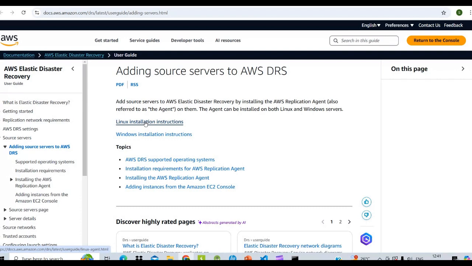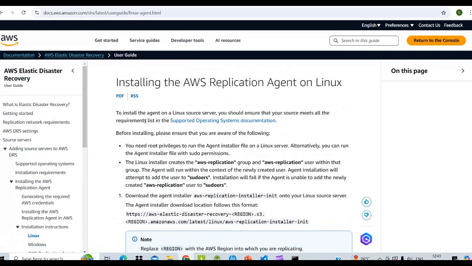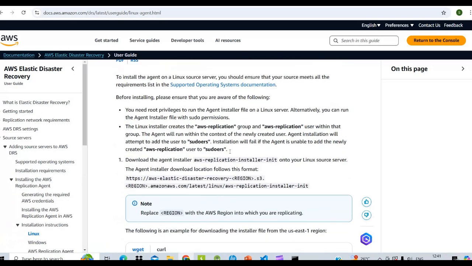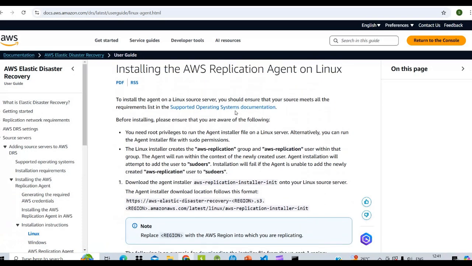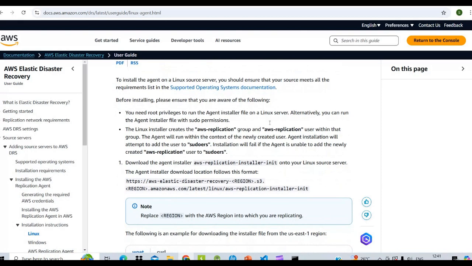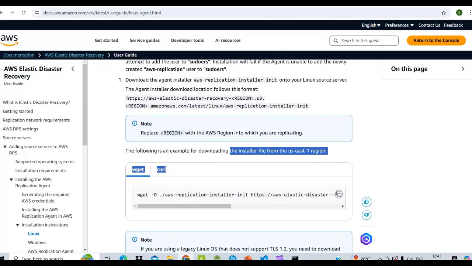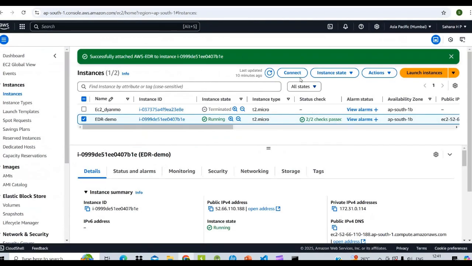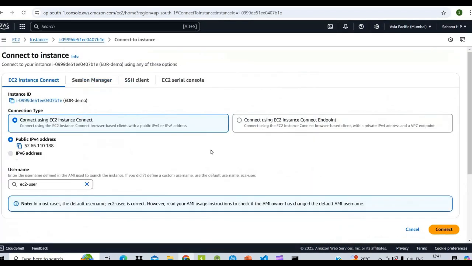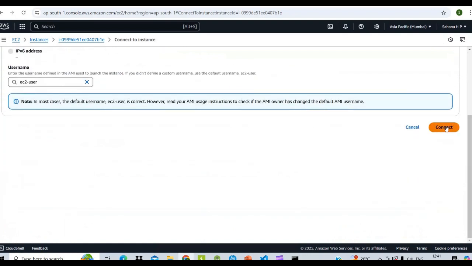I'm going with the Linux installation instructions. Here we can see the supported operating systems documentation and the Linux installer. Before that, first we need to connect to the instance. Just click on connect instance. Click on connect.